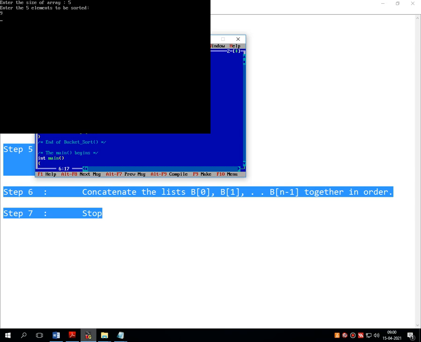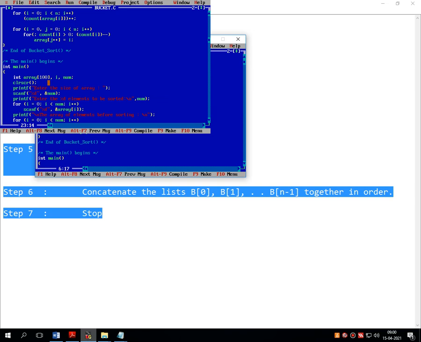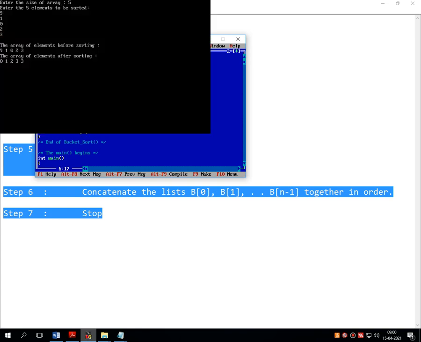My first number is 9, which is on A0 for example. Then second is 1, then 0, then 2, and then 3. So 9, 1, 0, 2 and 3, all these are the unsorted numbers, and total there are 5 numbers. My program will sort the numbers, that means press Alt F5. My program will sort the numbers and it displays like this onto the screen: 0, 1, 2, 3